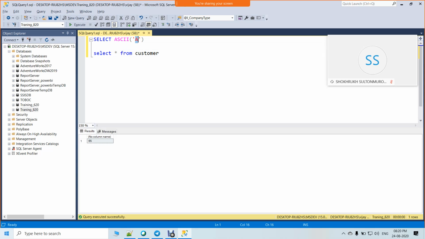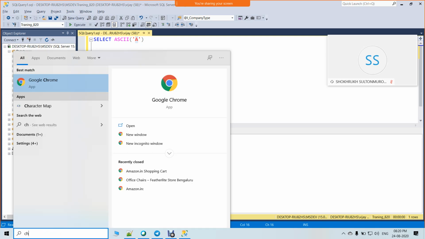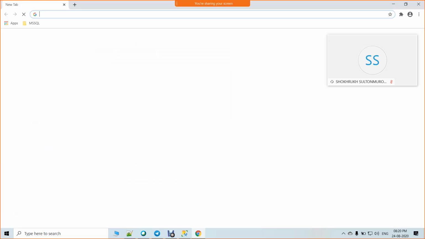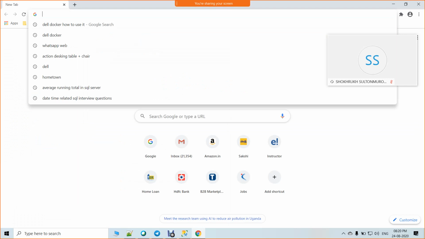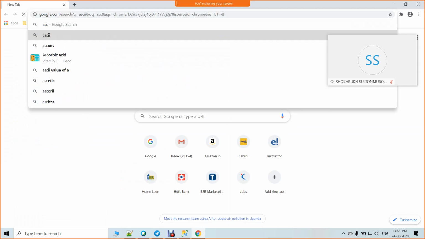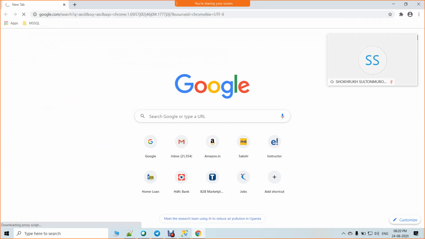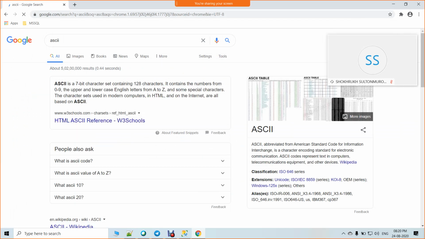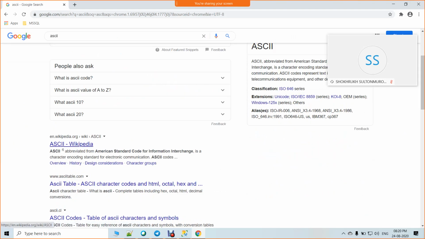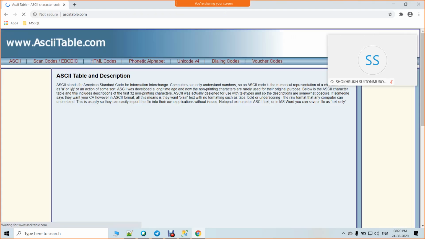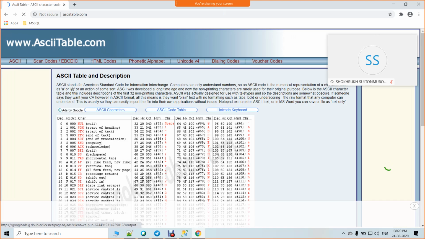When you open the ASCII website, for every letter they mention the equivalent number. It stands for American Standard Code for Information Interchange.